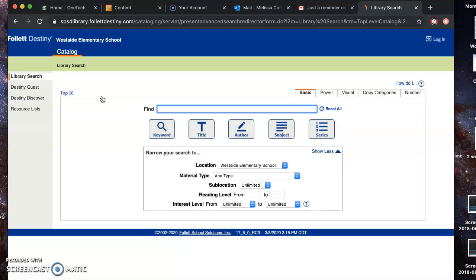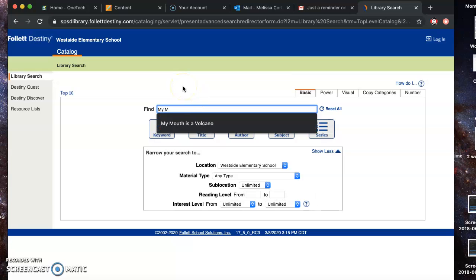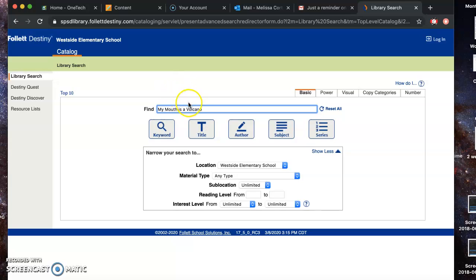When the link opens, you can use a variety of search strategies. You can look up things by subject, by the title, by the author. So we're just going to look up a couple of books to kind of show you how it works. Just click in the search box, and I'm going to type in "My Mouth Is a Volcano." And of course it helps if you spell it correctly. And then you'll click on the title button,